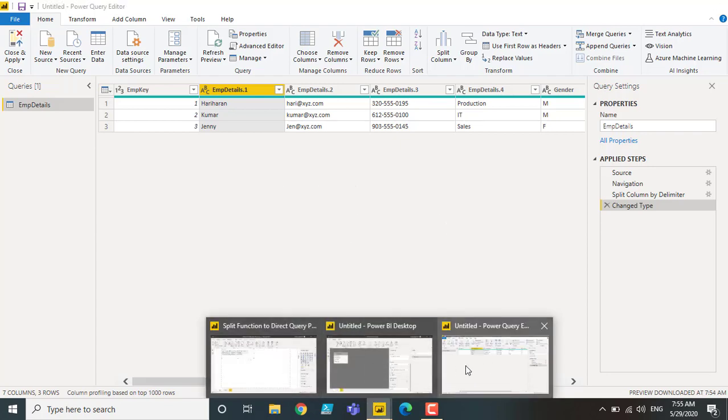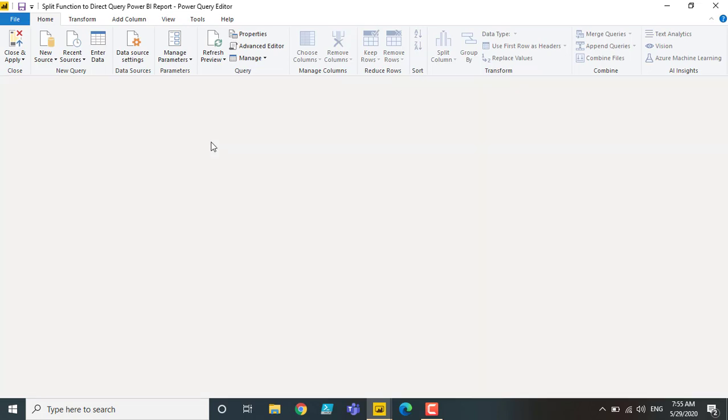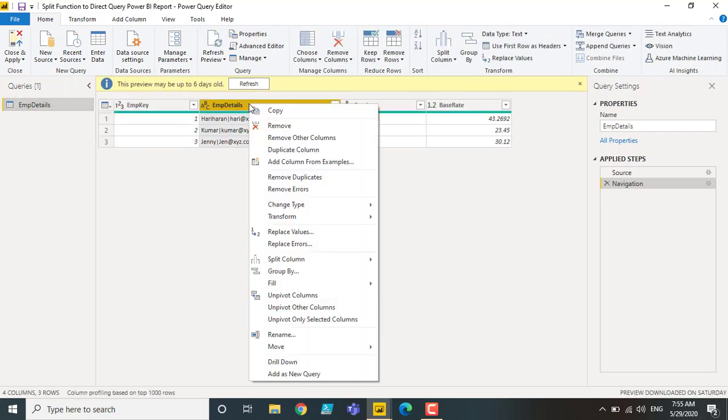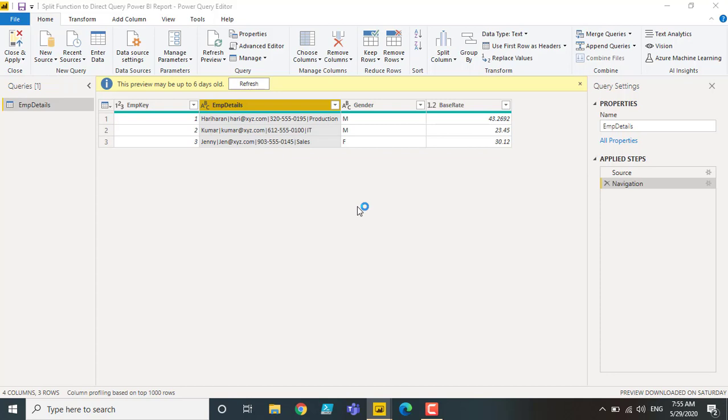Here, this is my direct query based report. I'm going to say transform data, which is nothing but query editor in older versions, and I'm going to try to do the same thing. Right click, split column by delimiter.